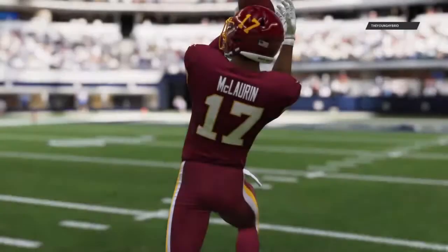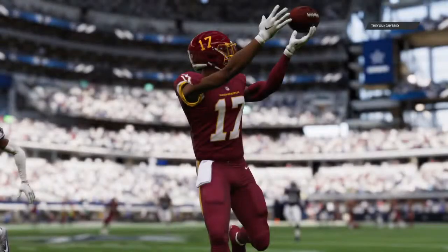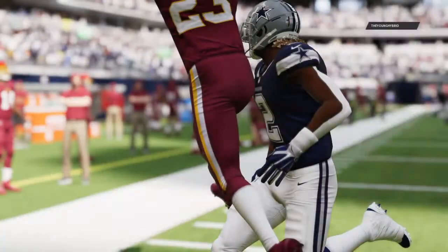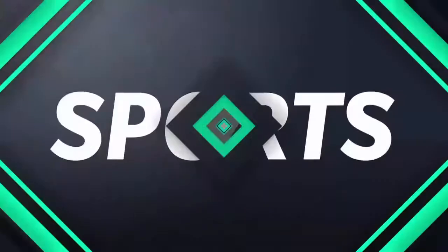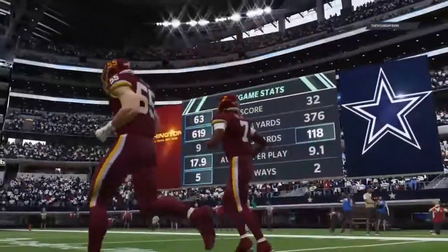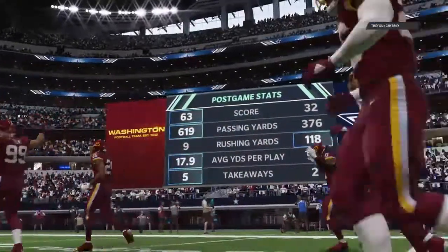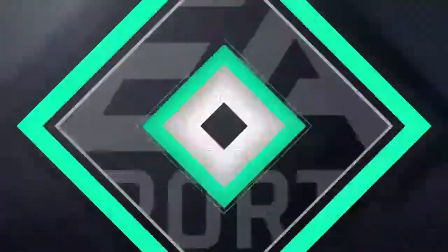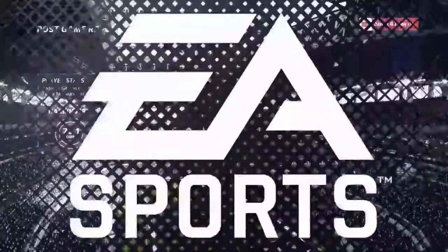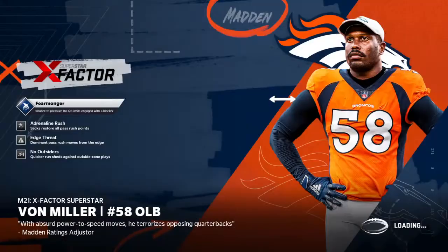A big offensive explosion helped leading them to victory, and the defensive guys, they're just saying, hey, put those points up every week, we'll just keep winning. They will gratefully accept them, won't they? It makes their job that much easier when they're scoring that many points, allows them to play with a totally different style and a different flow. So for Washington, that early momentum continues here as they move to 4-0. And they'll be able to enjoy this one through the bye week before they get back at it again. Meanwhile, for the Cowboys, they'll sink